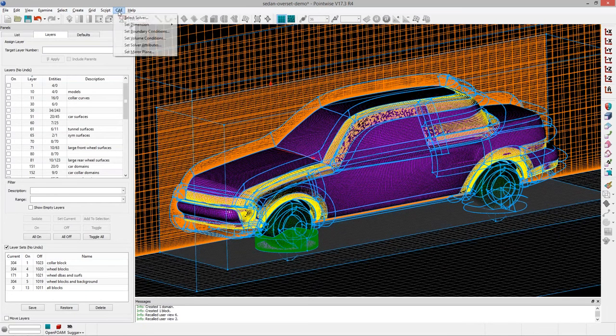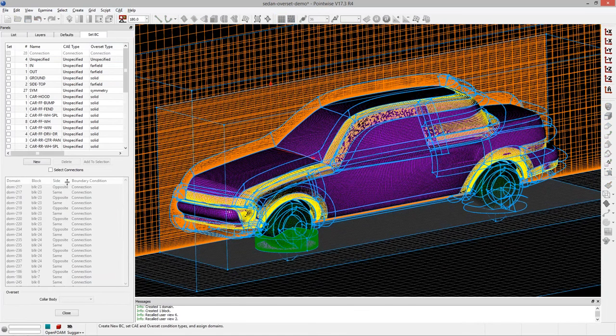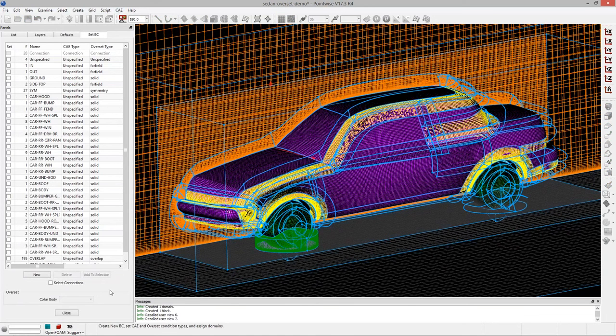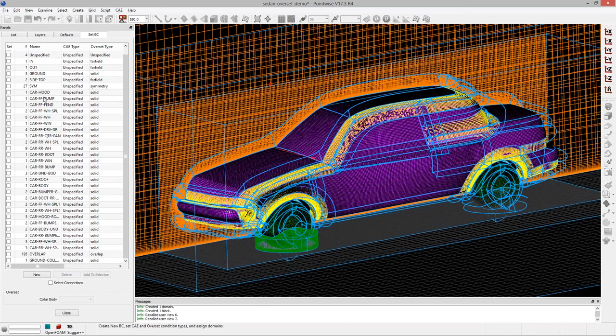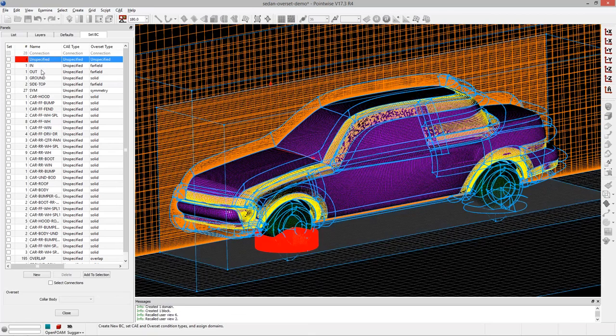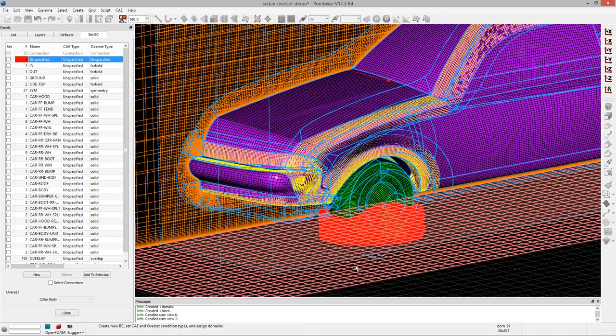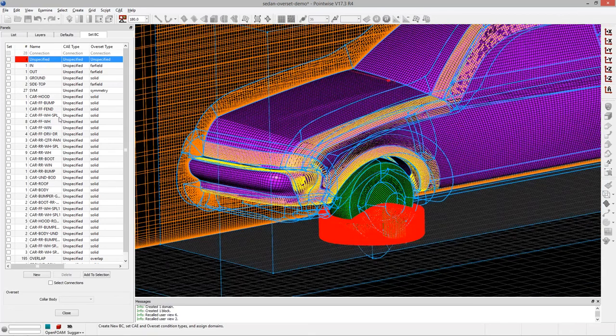And now the last step is to go to CAE set boundary conditions. So we've built our grid. We've got all of our components and all of our volume meshes. Now we need to set up our boundary conditions, not only for the flow solver, but also for our overset grid assembler, Suggar++. We've already specified all of the boundary conditions, so I don't have to type out all of these during the webinar, but there are 4 entities that I've just created that don't have a boundary condition assigned to them, so I can go ahead and create them.